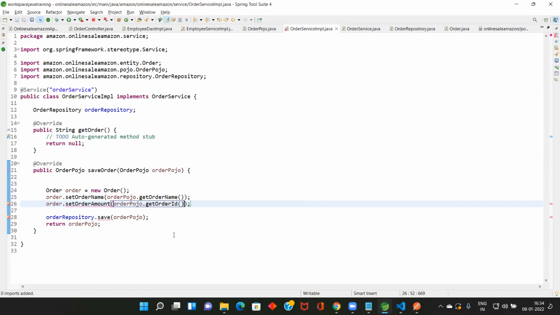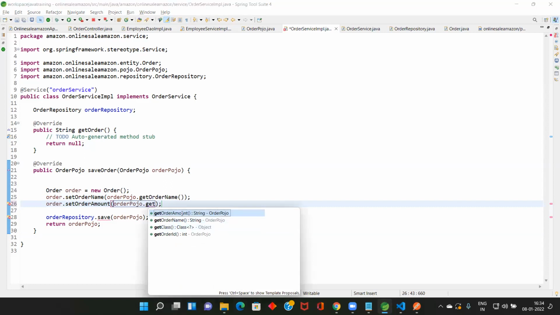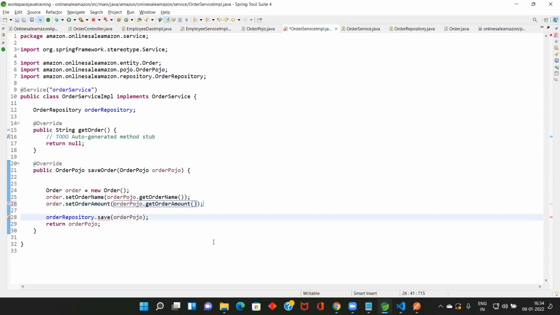Control Shift O, Control S. Okay, so what is the problem here? It's not a Pojo, it's order.